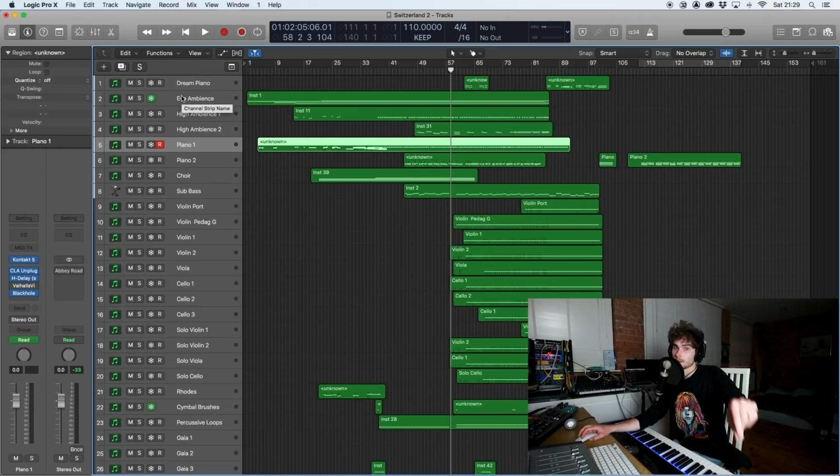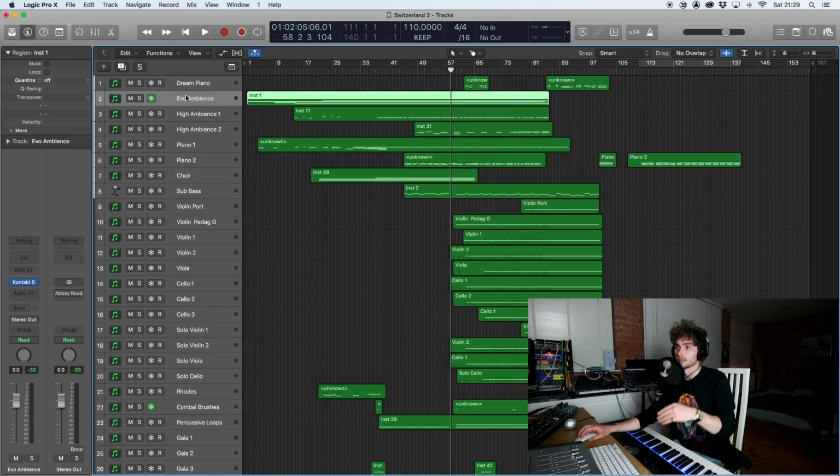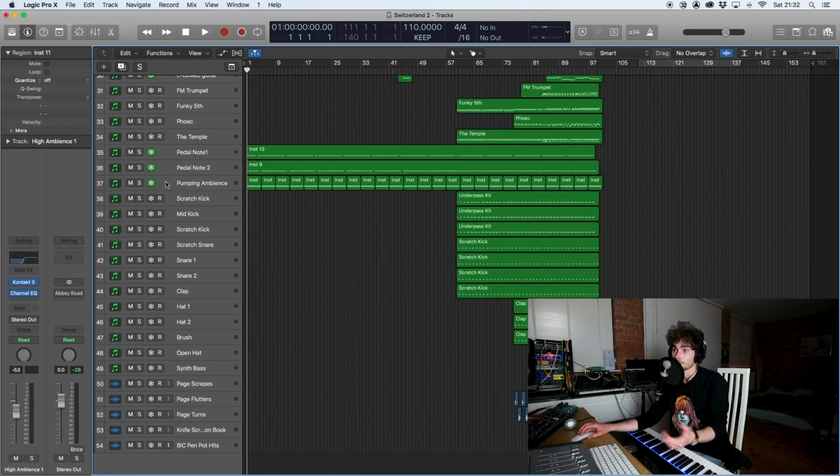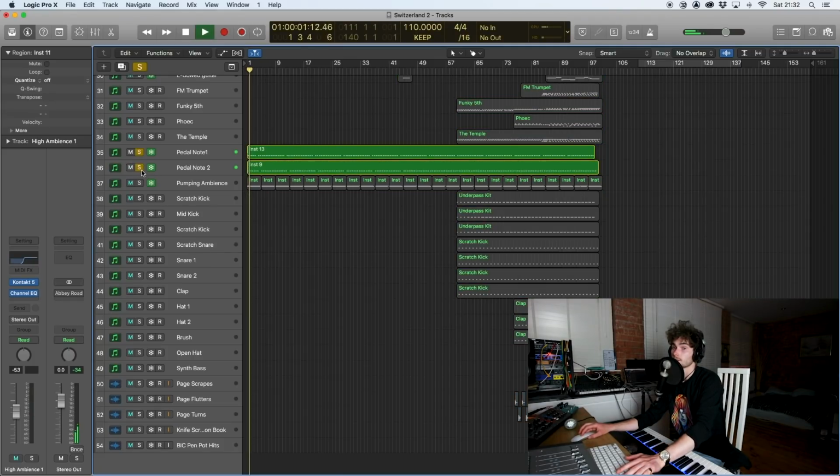You can just get something like that, have a pedal note going and add a reverb or a delay, but modulate things about the reverb and delay that are going on. And also the intro stuff is really easy. It's literally just piano notes on either side of the spectrum playing like this. Just like,